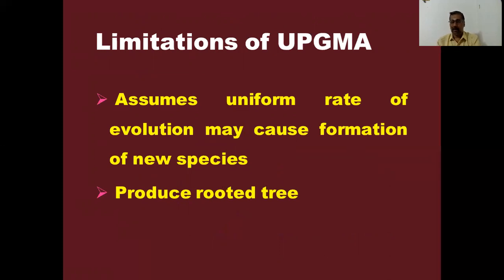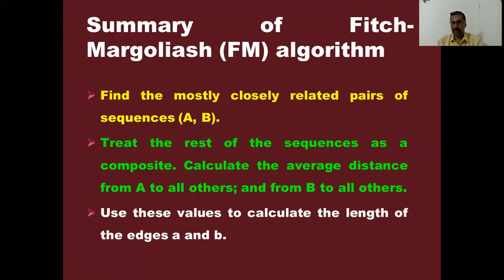and neighbor joining method. So I'm not going to cover FM as well as NJ in great detail. I'll give you just a nutshell. In the case of FM, if there are 5 sequences, say for example A, B, C, D, E, again you do multiple sequence alignment, you create a distance table which is similar to UPGMA. After creation of the distance table, you have to move a little bit differently, because the Fitch-Margoliash algorithm produces an unrooted tree rather than a rooted tree. So it uses algebra as its basis.